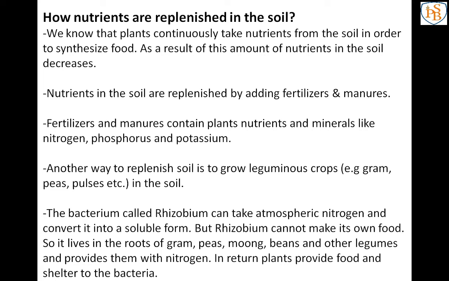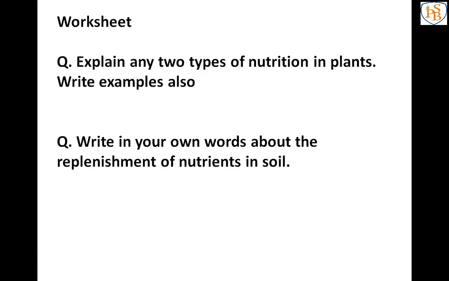So in this lesson we can conclude that most of the plants are autotrophic and some plants are heterotrophic. Again there are some sub-nutrition modes. So autotrophic and heterotrophic, 2 main nutrition modes are there. Autotrophic plants can make their own food, and heterotrophic has again 4 sub-nutrition modes. I hope you understood all the things that I have mentioned in this session, and you can solve the exercise and the remaining questions.